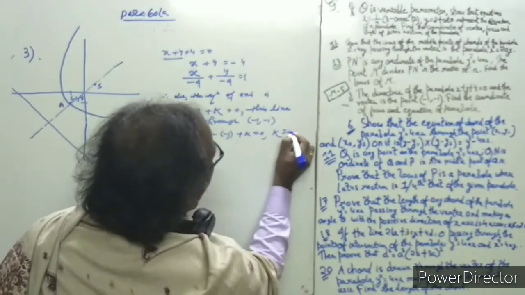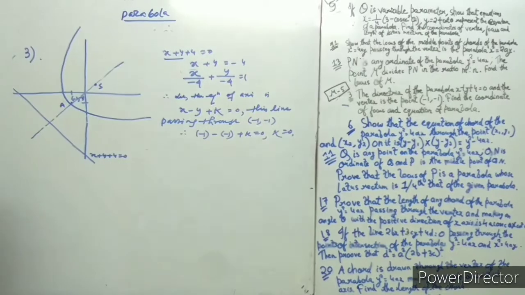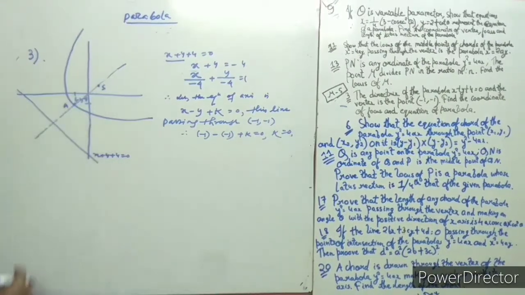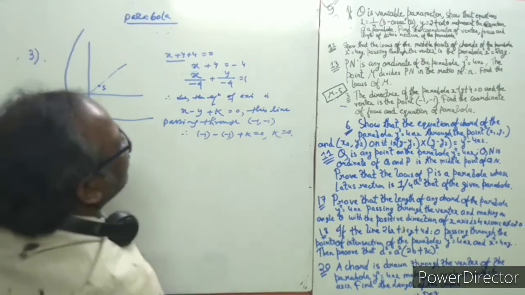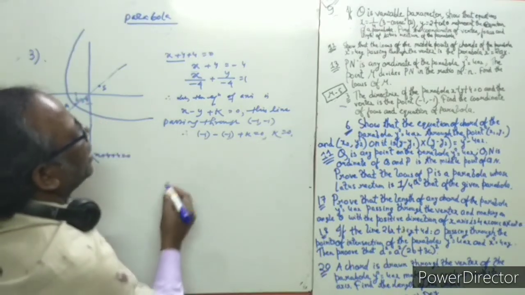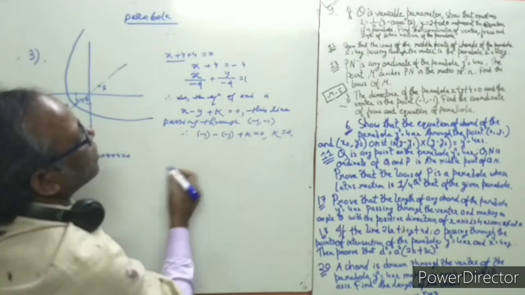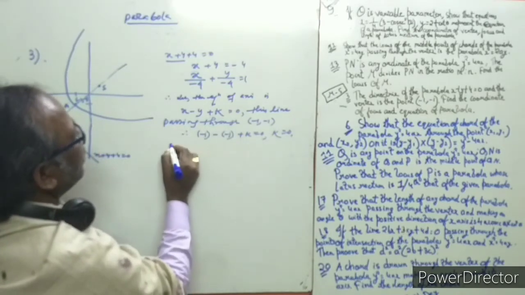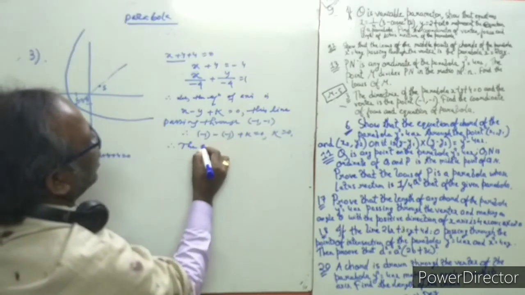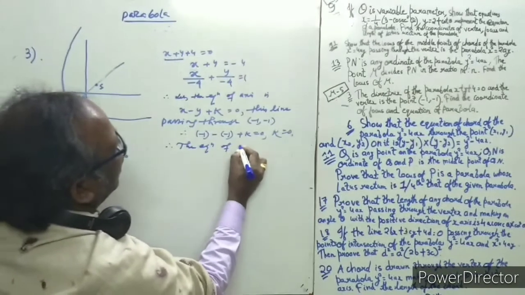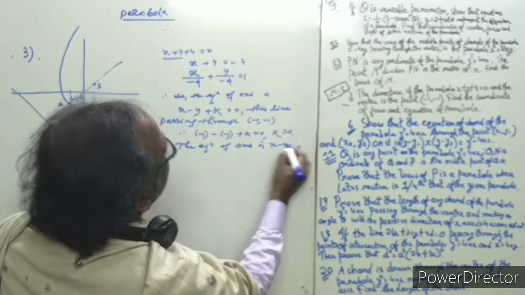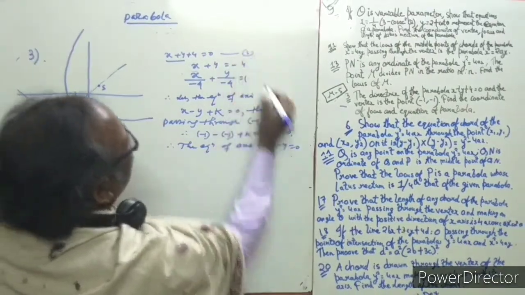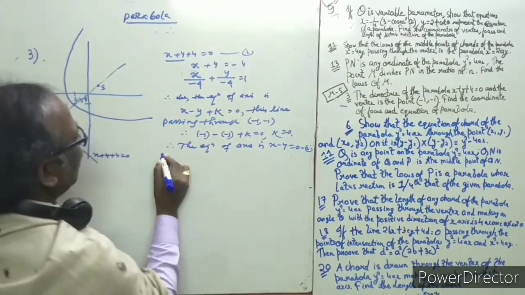See, k is equal to 0. In the previous video, we already showed that the line is passing through 0, 0, and we get the value k is 0. It shows that the line always passes through 0, 0. So as k is equal to 0, the equation of the axis is x minus y equal to 0, and this is equation 1 and this is equation 2.